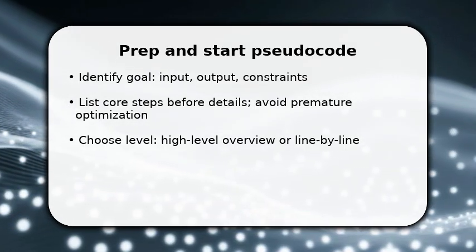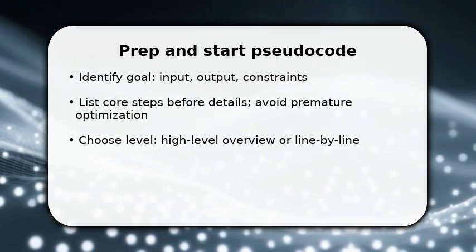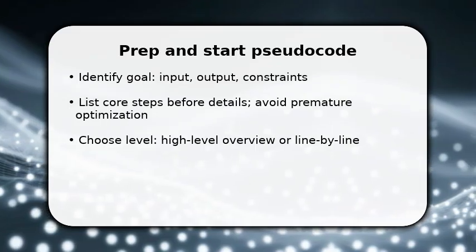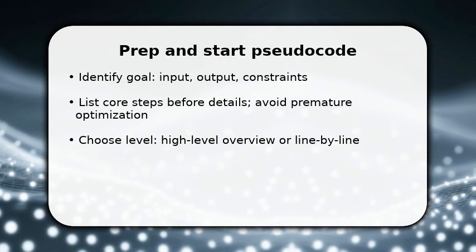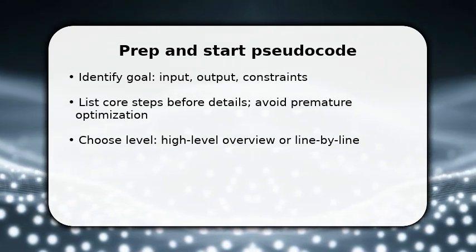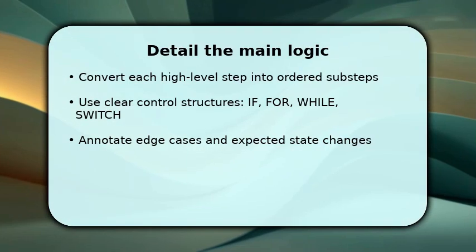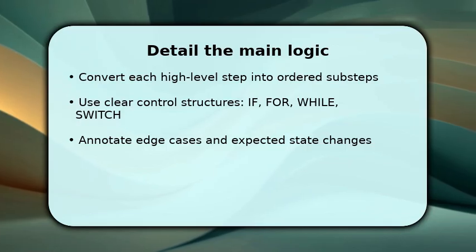Once done, pick the abstraction level, broad modules or detailed operations, and choose simple, consistent keywords like start, loop, if, call. Make sure to use plain language and consistent naming, so the logic reads like a recipe you can follow immediately. You now expand each major step into ordered substeps, keeping each line focused on one action so the flow